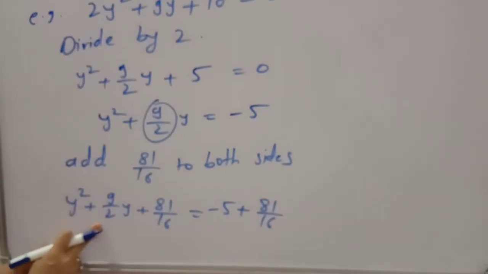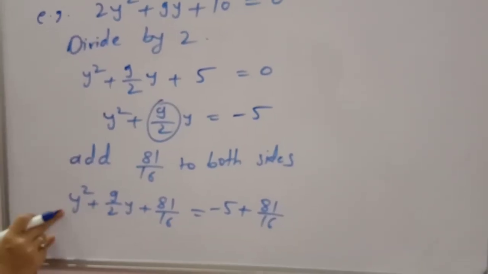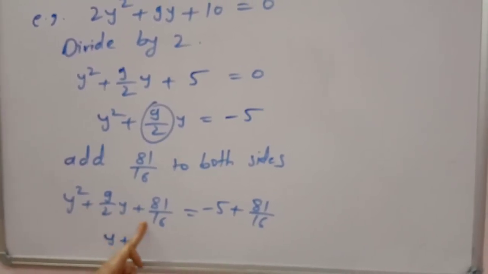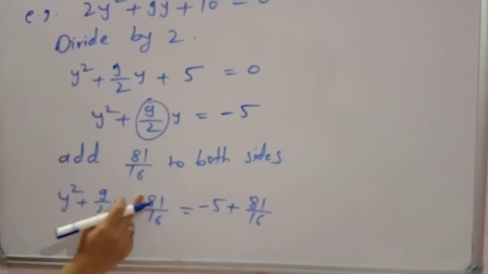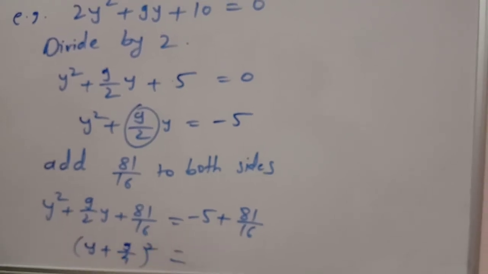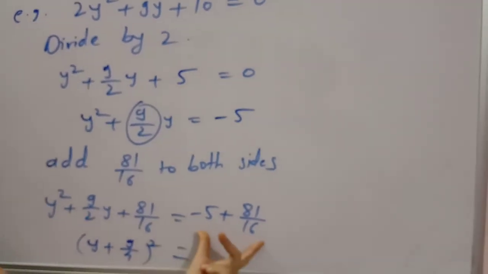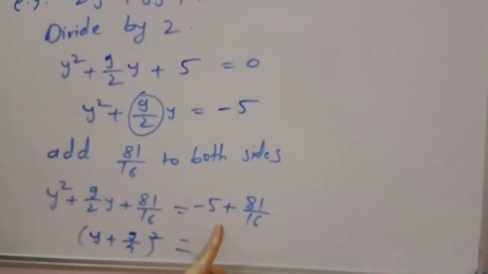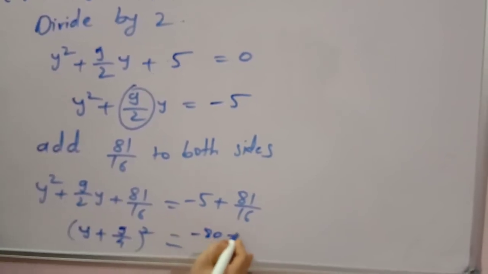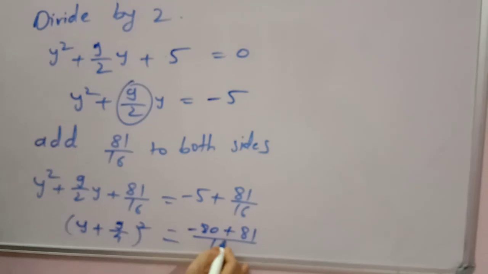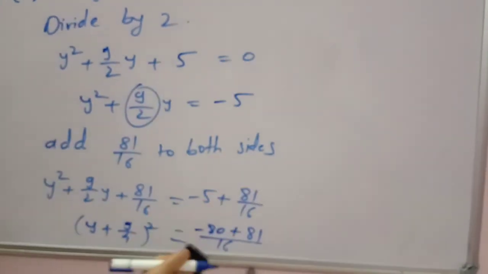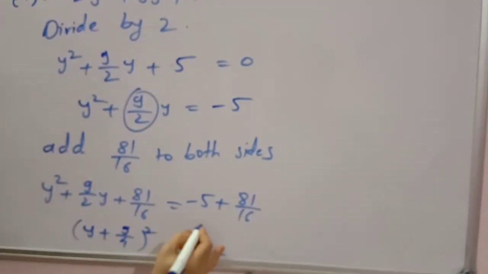Now it is a perfect square trinomial. It is the square of which binomial? The square root of y we have to write here, plus, as the middle term is positive. This is also positive, and that's why I take plus sign here. Its square root is 9 upon 4, bracket square, is equal to, now add these two fractions. For that, do it by cross multiplication. 16 multiplied by 5 is 80, negative 80 plus 81 upon 16. It is negative 80 plus 81, 1. So I am directly writing it here, that is 1 upon 16.